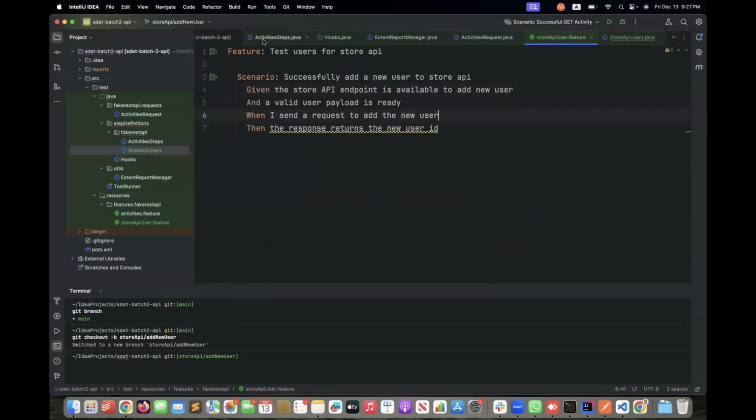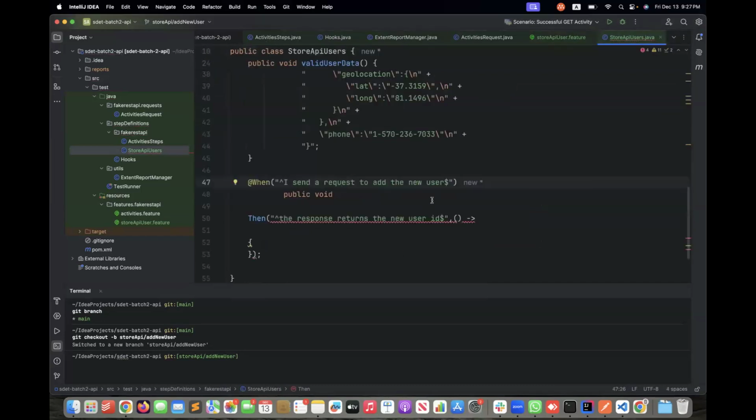We have to take care of that. When I send a request to add a new user,